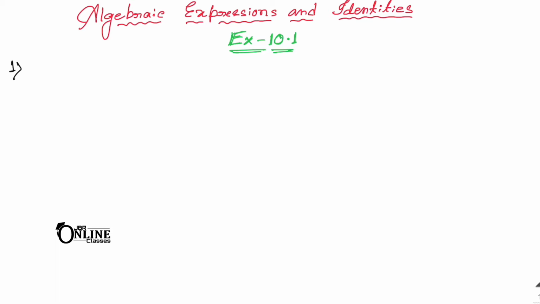Okay, so that means here first we have to know what is monomials, what is binomials and what is trinomials. So monomials means an expression having only one term. So as here the first one, that is 5p into q into r square. If you multiply this one, you will get 5pqr square. So this is a monomial because this expression has only one term. So you can write down this one as monomial.